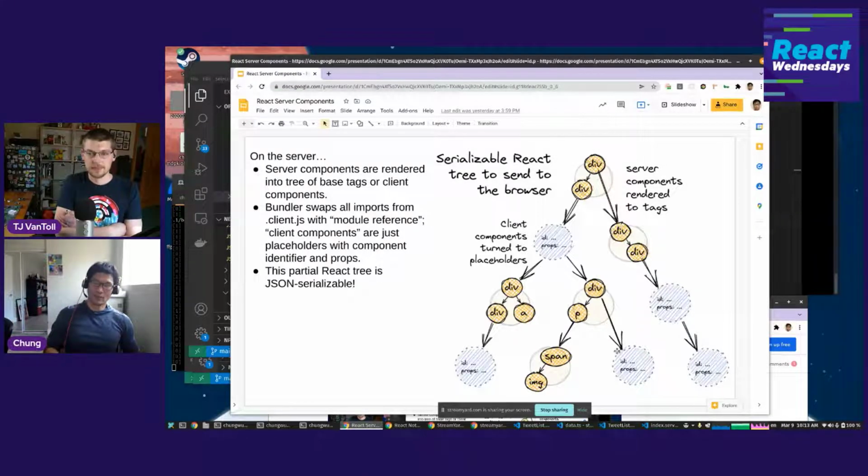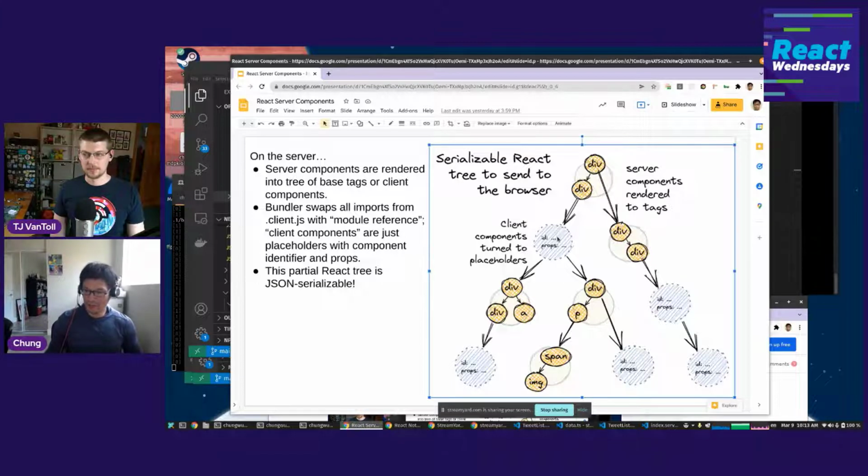Whenever it sees a server component, it will call that render function to turn it into either a bunch of base HTML tags, or into other instances of server components, or into instances of client components. Whenever it sees a client component, it goes, oh, I'm not supposed to render this. So instead of rendering that client component, it just uses a placeholder here. And the placeholder for a client component just has what this client component is and what props it's supposed to have. So in the end, the server turns your React tree into something like this,